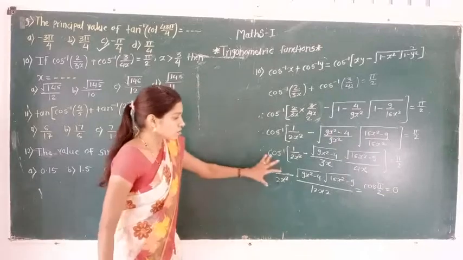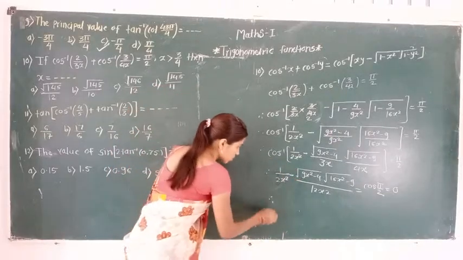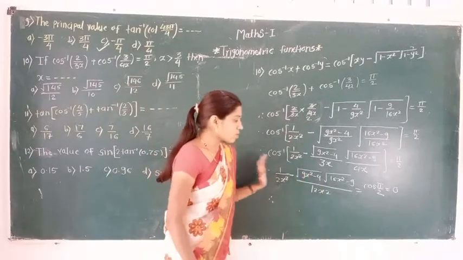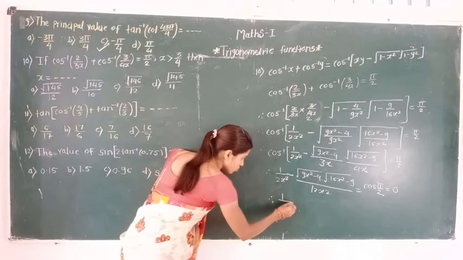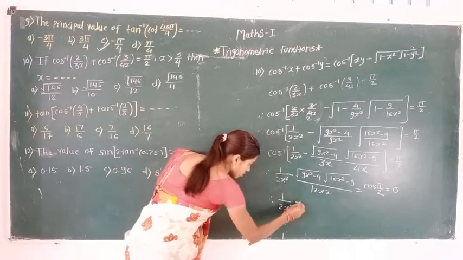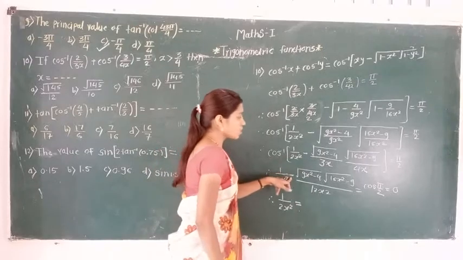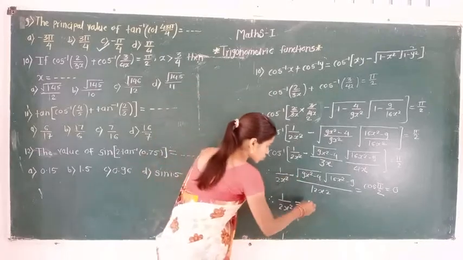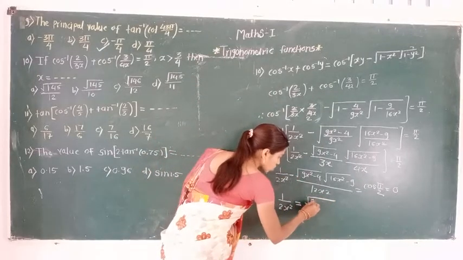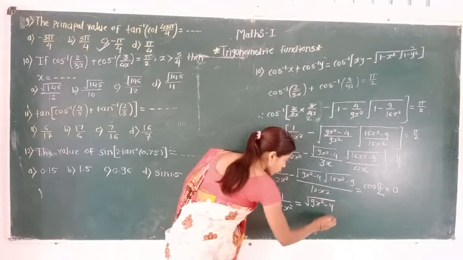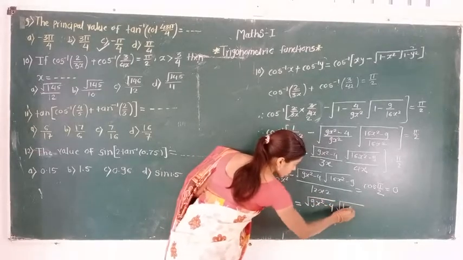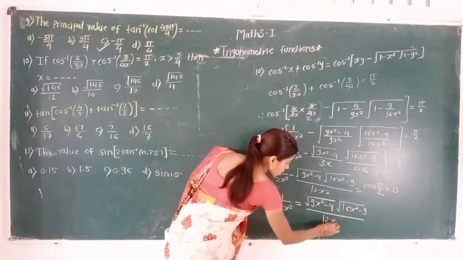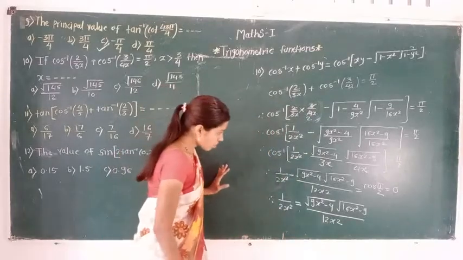So for simplifying this term, first we transform the root of value from the left hand side to the right hand side. So first we can write 2x square is as it is equal to, here is the negative sign. For transforming this term to the right hand side, take the positive sign. Okay. So write down root of value 9x square minus 4 into root of value 16x square minus 9 divided by 12x square. Okay.